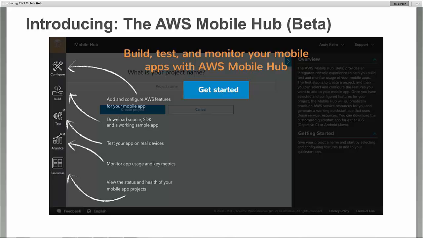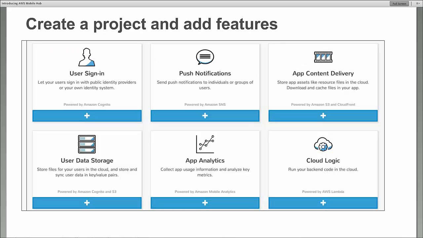So by helping you with the Mobile Hub connect all the services, providing code as well as an output of that process with best practices built in, we are reducing the development risk and reducing the time it takes to initiate a development project.